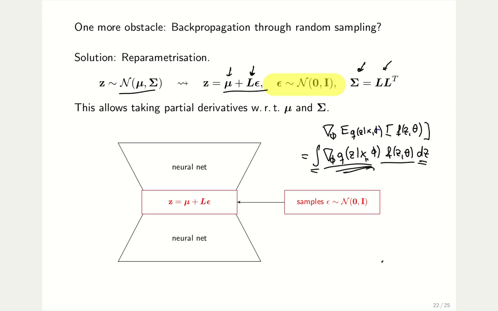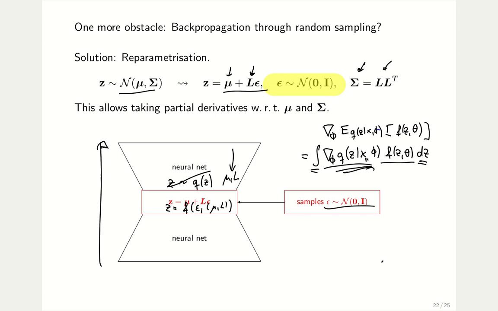Well, instead of saying z sampled from q of z, we change this into epsilon sampled from a standard normal distribution, and we insert this from the side, and then z is just a function that takes two arguments. It takes epsilon, and it takes the parameters mu and L. Okay? And now this upper neural network, its job is to output mu and L, and when we want to take